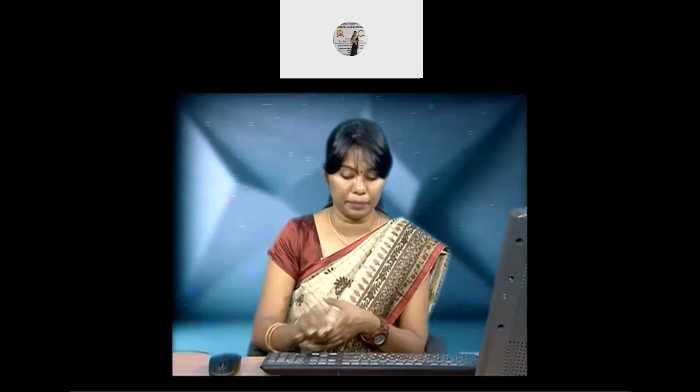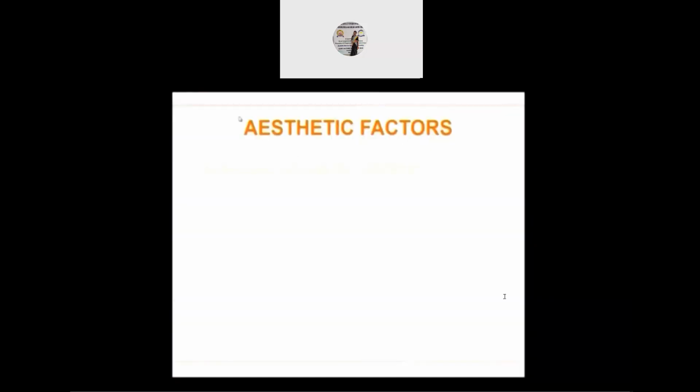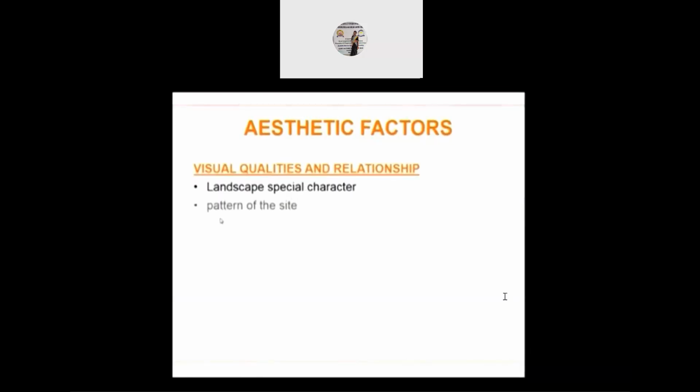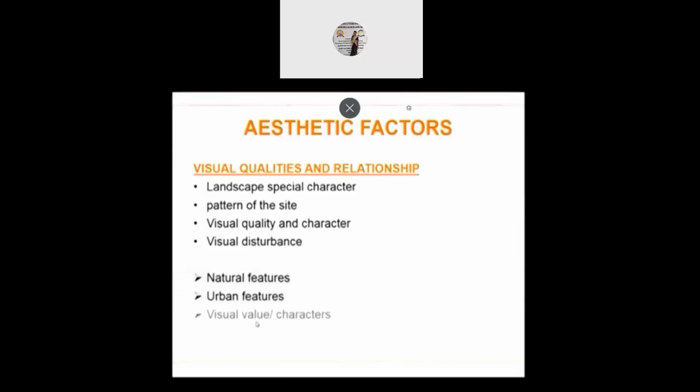Now moving on to aesthetic factors: visual quality and relationship, landscape special character, pattern of the site, visual quality and character, visual disturbance, natural features, urban features, visual values, and characters. Usually aesthetic factors mean views and vistas that is